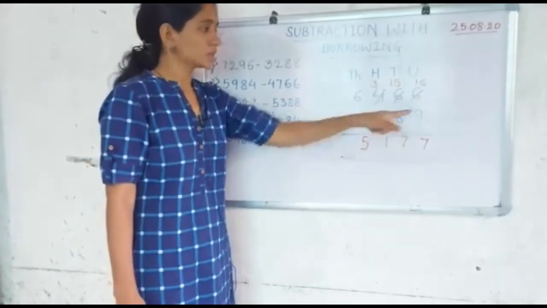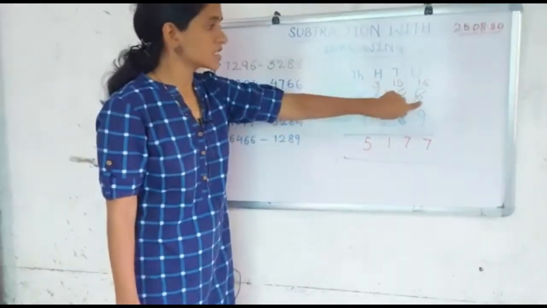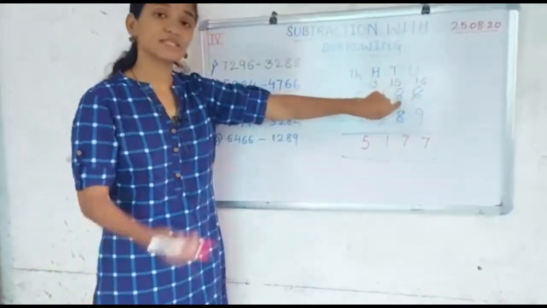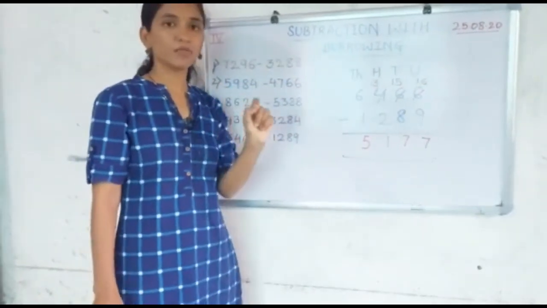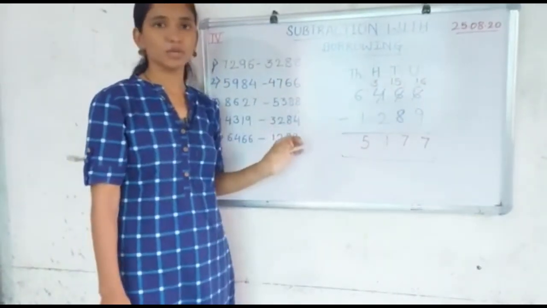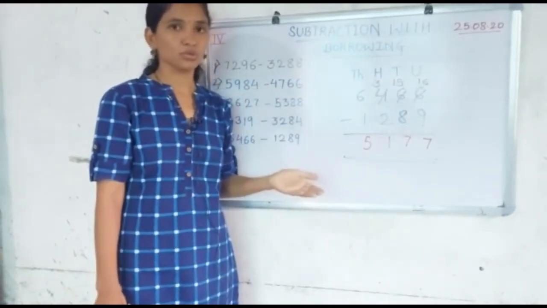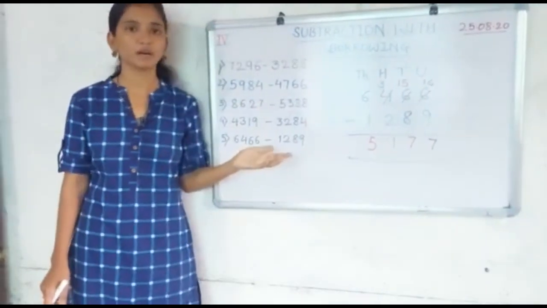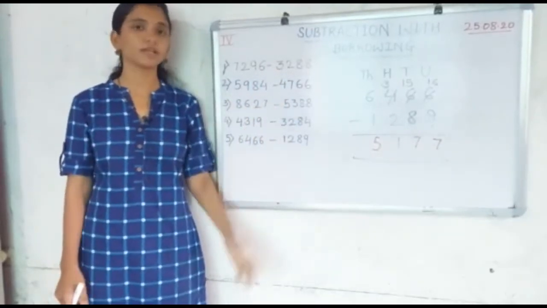next to them. Now see here, 6 has borrowed the number from 6. 6 will not borrow from the 6. 6 will borrow from the number which is next to 6. The only thing you have to remember while borrowing is that you have to borrow from the number which is right next to you. That is the only thing. Otherwise, this is a very simple topic, and after solving so many problems, you will get used to it.